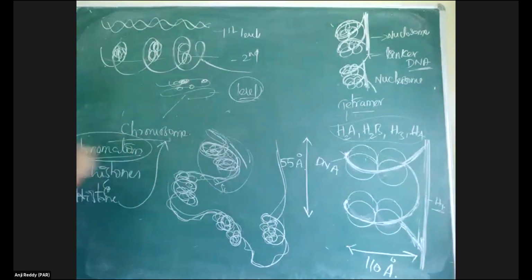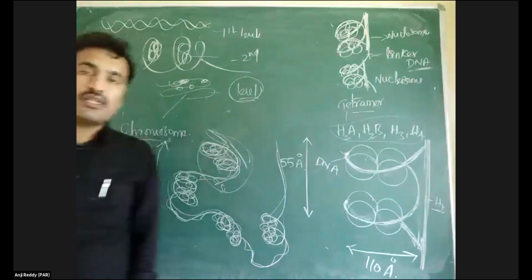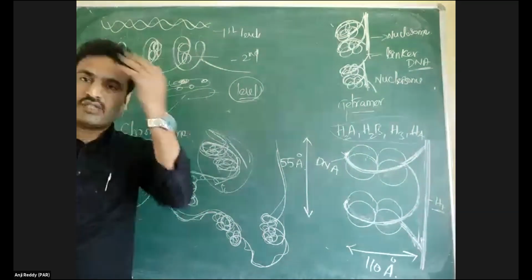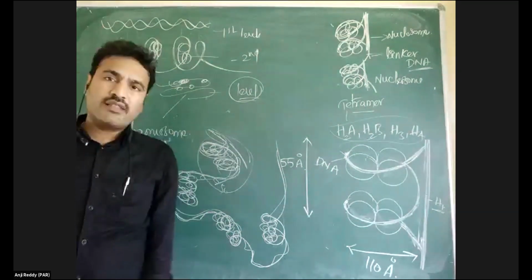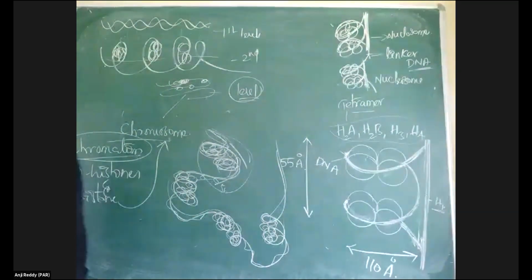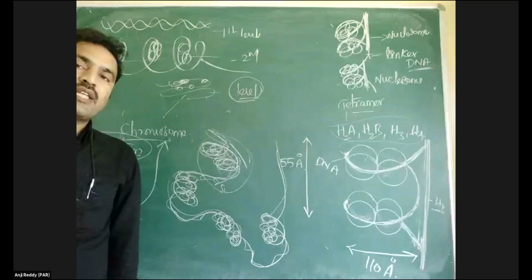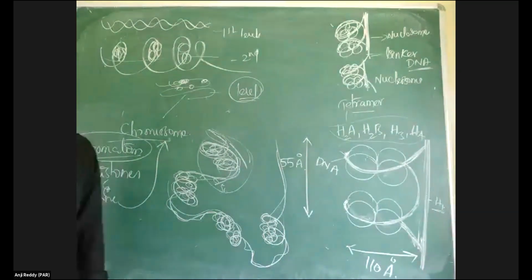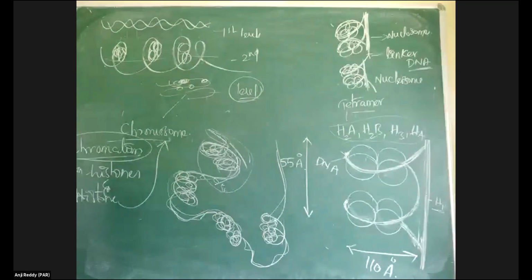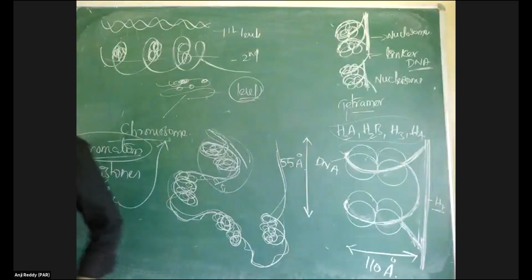Then in 11th class we already studied the chromatin material which is present in a nucleus is divided into two types. What are they? If we stain the DNA with some coloring agent, the highly stained particle is forming heterochromatin and the light stained segment of DNA is called euchromatin. Euchromatin is more functional, heterochromatin is less functional.